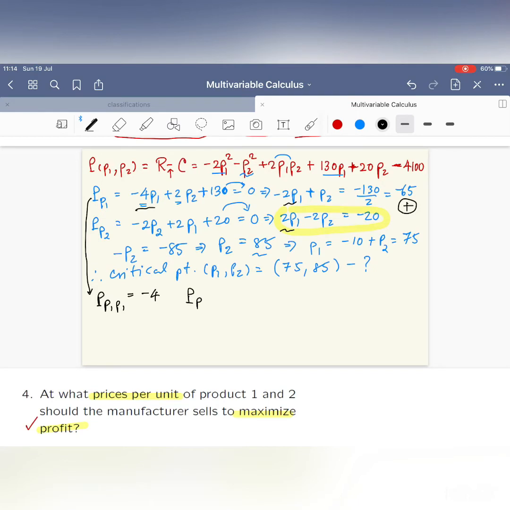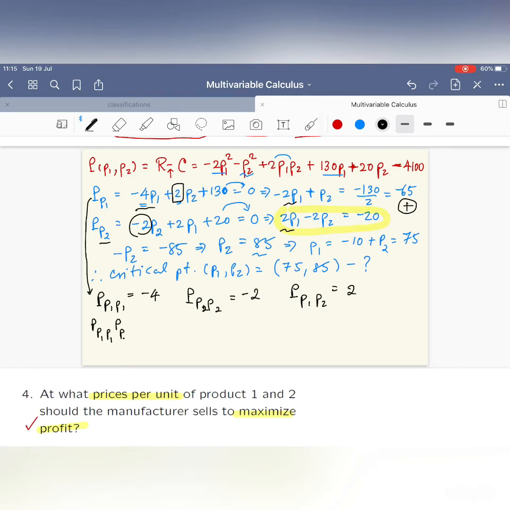And the profit derivative with respect to P2, the same direction, okay? So your P2 is right here, negative 2, and the profit again, but with a different direction, P1, P2, the second derivative. So you still have this, which is 2,